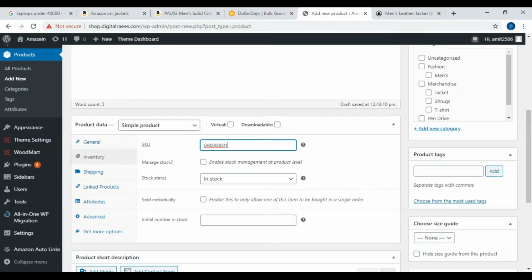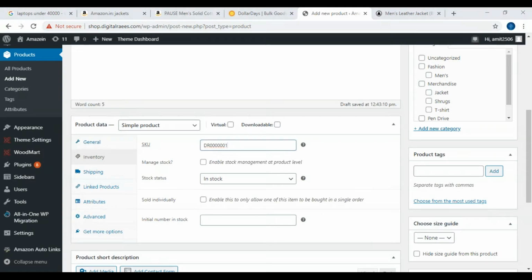You have to identify, in the long term, the total number of products you are going to sell, different kinds of products. Here I have identified that I am going to sell approximately 10 lakh different products, so accordingly I have given the zeros. You have to identify that and give it like this.